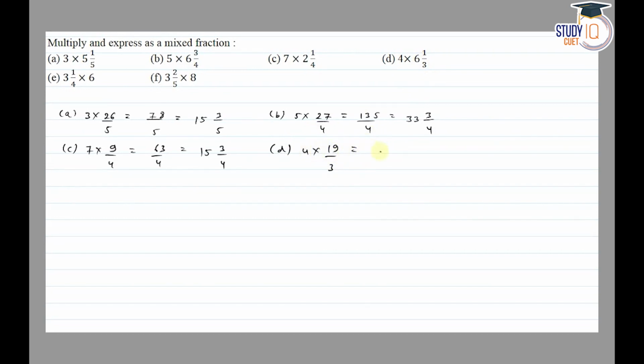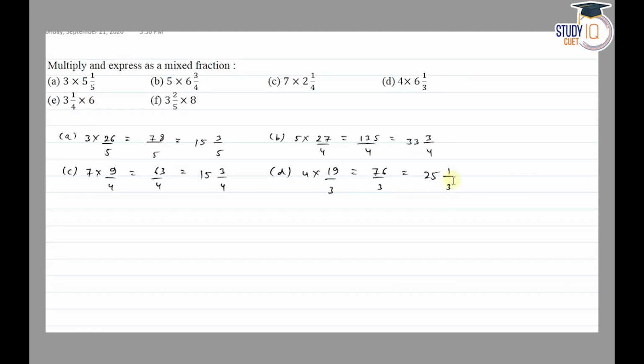So 19 into 4, 76 upon 3 is equal to 3 2s are 6, then 16, so 3 5s are 15, 1 remainder and 3. So 25 and 1 by 3. Then